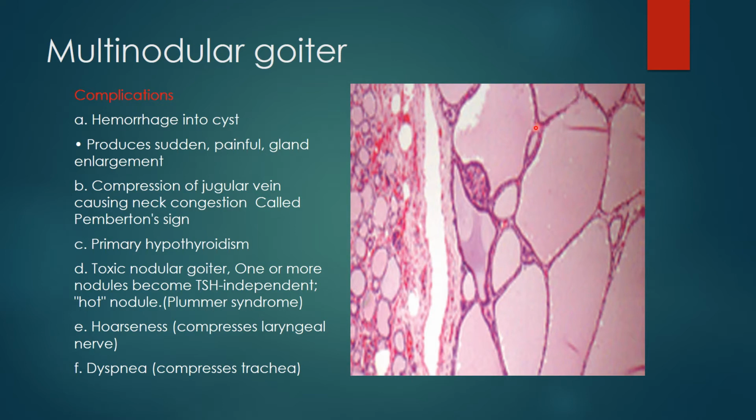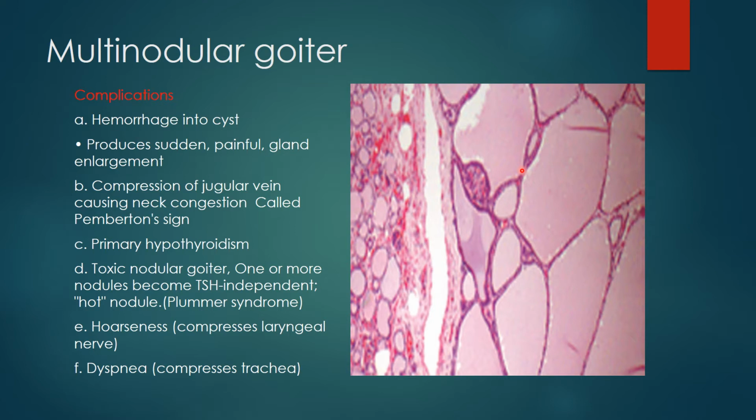They are lined by inactive epithelium, follicular cells, and they will produce a compression effect on the surrounding parenchyma of the normal thyroid. Like this area, it causes the compression. This area pushes the normal parenchyma and it shrinks and becomes smaller in size. So the normal follicular cells are of this small size, whereas in multinodular goiter, the follicles are more enlarged. They have abundant colloid and a flattened inactive epithelial lining.